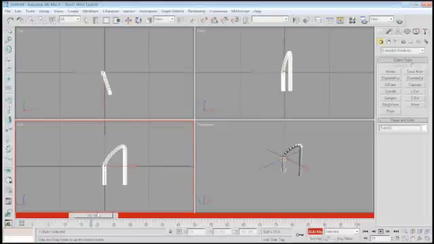Why is it? Where is this keyframe that's telling it to go? Well,